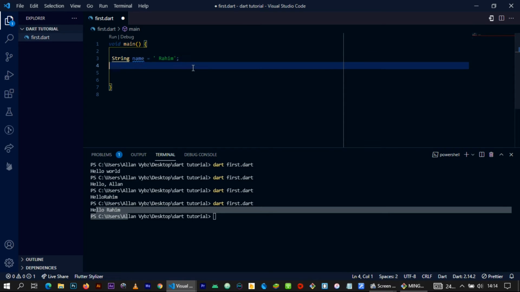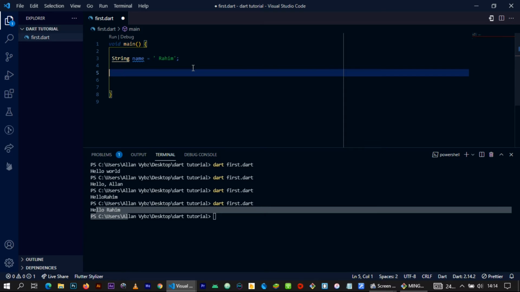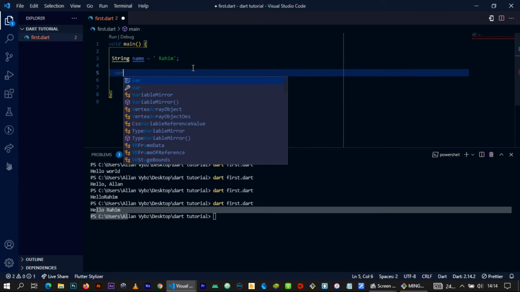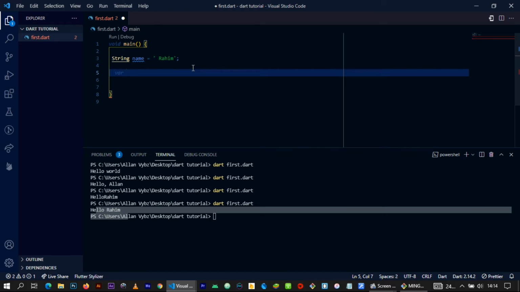So you don't have to worry about that. That's a variable. So that can basically be used to store everything. You can store integers there, you can store doubles there, you can store names there using the var keyword. So these are what we call keywords. So now let me say var